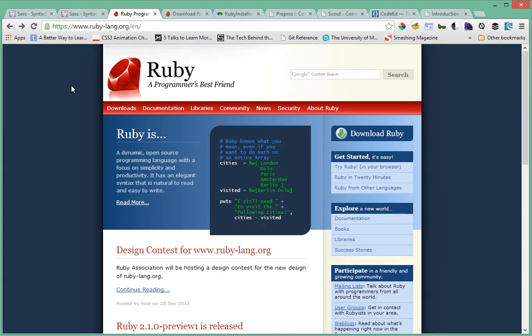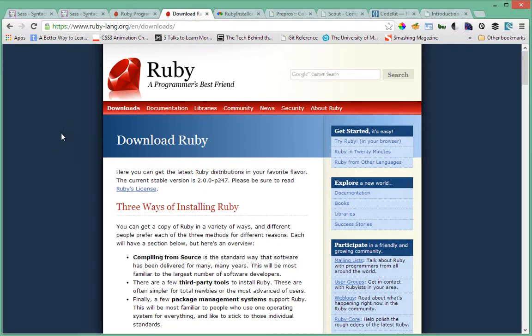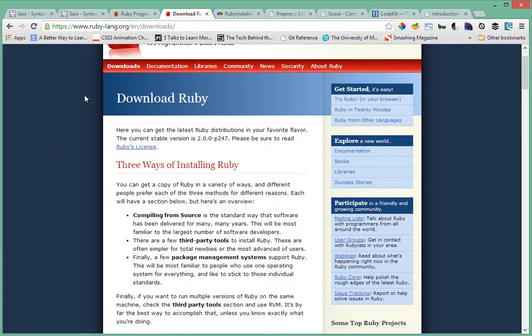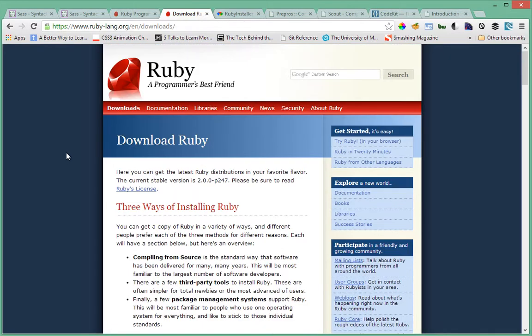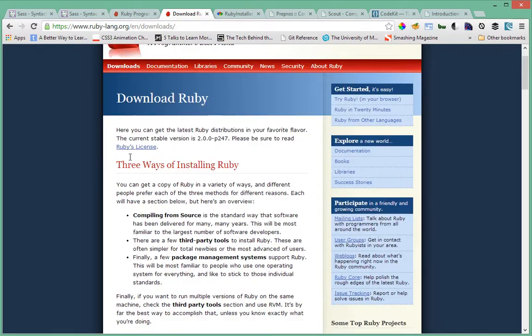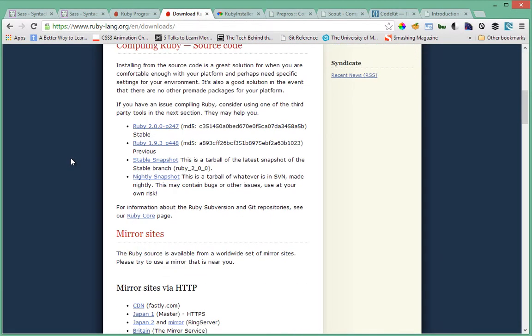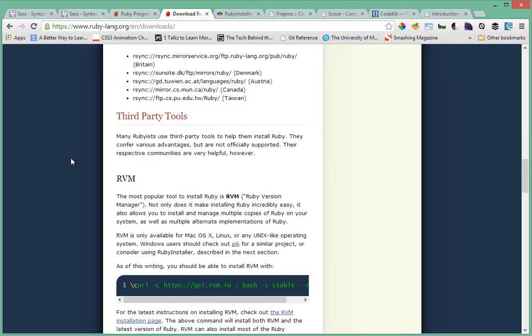So to be able to install Ruby, you need to go to this URL over here, which is www.ruby-lang.org. Okay, so on the right hand side here, it says download Ruby. So when you click on that link, it should open up another link, and I've actually opened up all those links just so it's quick. Sometimes the internet lags, and when you click on download, it should bring you to this page, and scroll almost to the bottom where it says